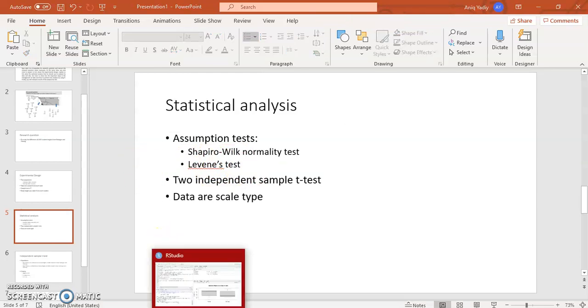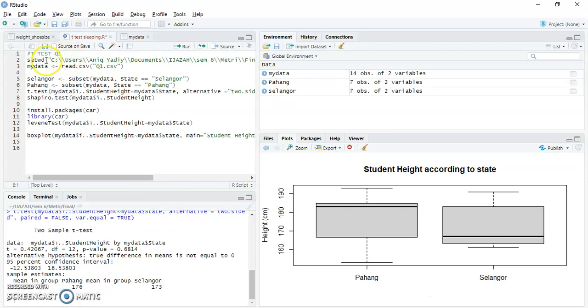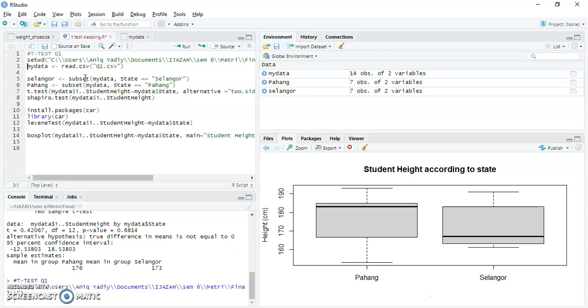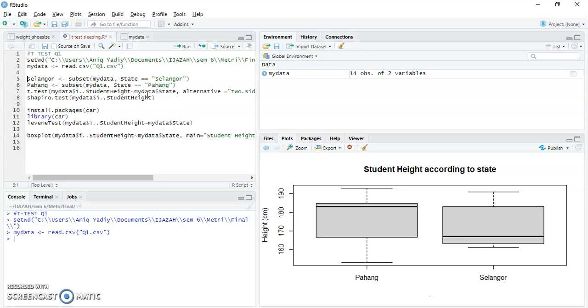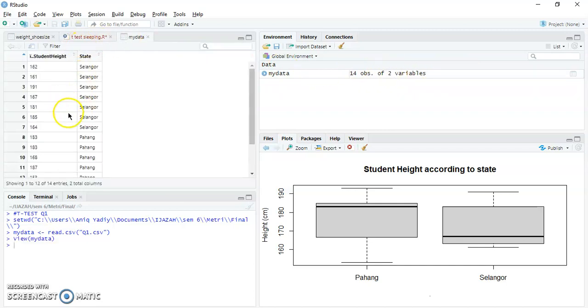So, opening RStudio, we need to set the working directory with this script. Press run. Let me clear first. We press run, and we need to read our data from the question, which is already saved in a CSV file. We can view our data by clicking this. So this is our data,